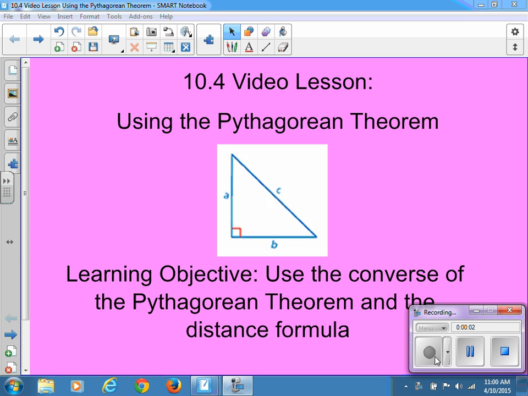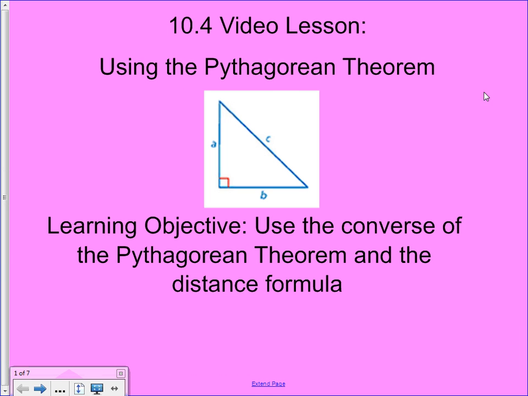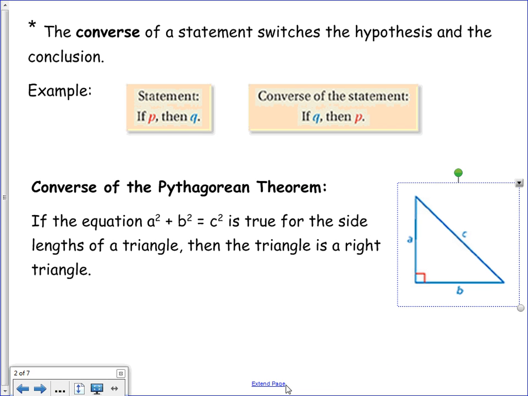Welcome to video lesson 10.4 on using the Pythagorean theorem. So what we want to do today is use the converse of the Pythagorean theorem and the distance formula. Now, a converse of a statement just switches the hypothesis, the if part, with the conclusion, the